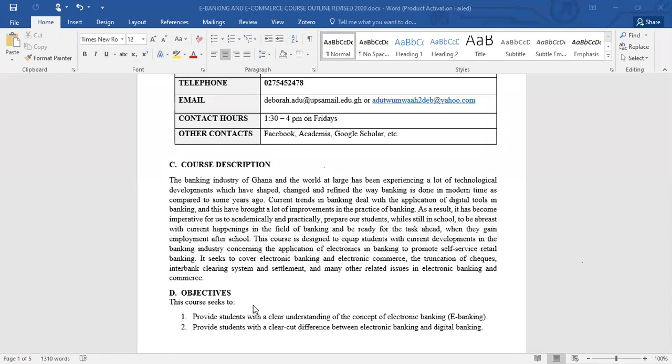Whether you are within Ghana or outside Ghana, you can still have access to your account so far as it is the same bank. Even some banks have affiliate banks in other parts of the world, so when you are in those countries and want to access your account, it is still possible. So the world keeps on changing. Technology keeps on